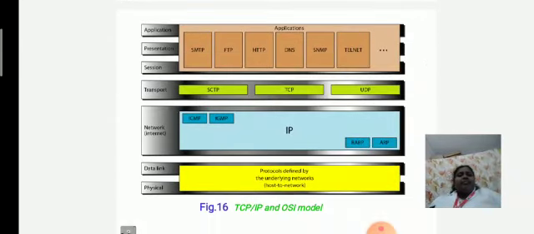See this diagram. So here the layers are given on the left hand side, top to bottom: application, presentation, session, transport, network, that is internet, data link, and physical. So correspondingly the protocols related to that particular layer are mentioned here. So in our later classes we are going to see all those protocols in detail. Okay, so before that, now just we know what is